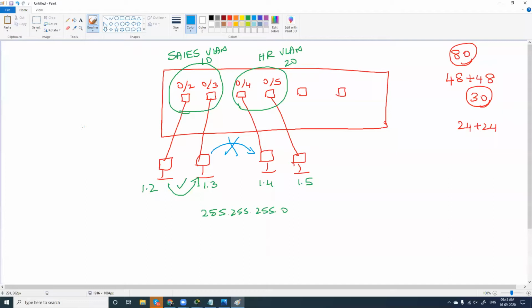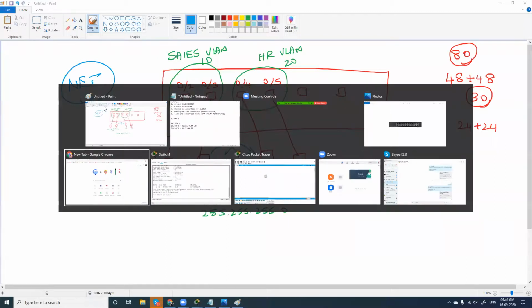And in case you have plans to attend any networking interview, and you say you have knowledge of routers and switches, VLAN would probably be a mandatory question. Why do you go for VLAN, how to configure VLAN, what is the need, and how to configure VLAN with multiple switches. Yes, you will probably get questions on VLAN because this is very basic and is used in almost all companies with switches. So we'll go for the configuration in Packet Tracer.